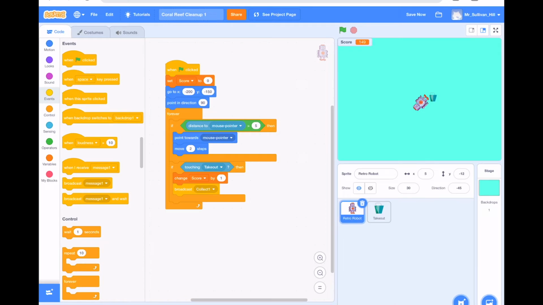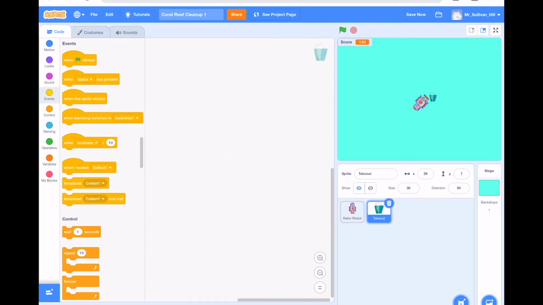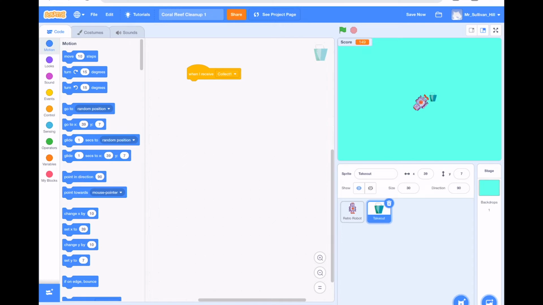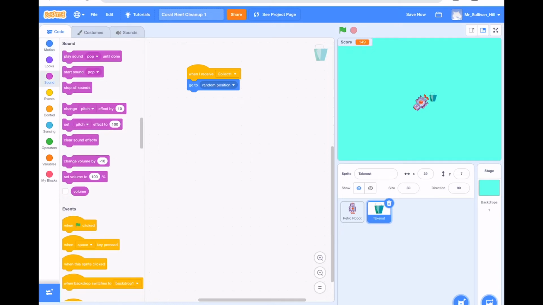Okay. On my takeout sprite, I'm going to say when I receive collect 1, I want it to go to a random position. So it's just going to move as soon as it gets there, and I'm going to add in the pop sound as well because I quite liked that pop sound. So let's just test that and see how that works. Good. So you see how it automatically moves, plays the sound, and only changes the